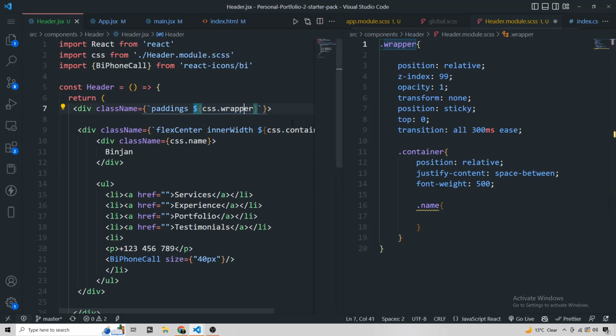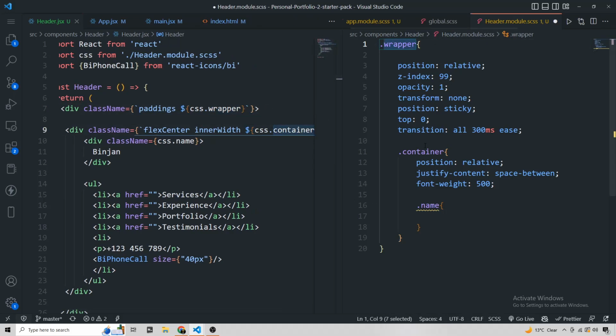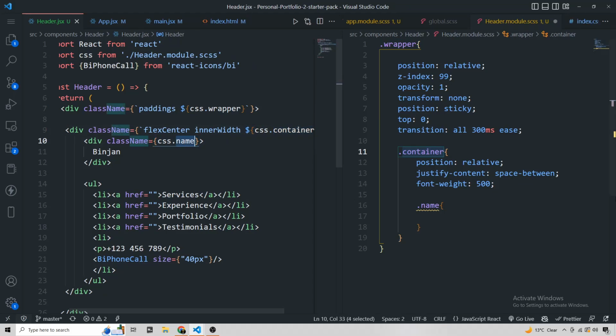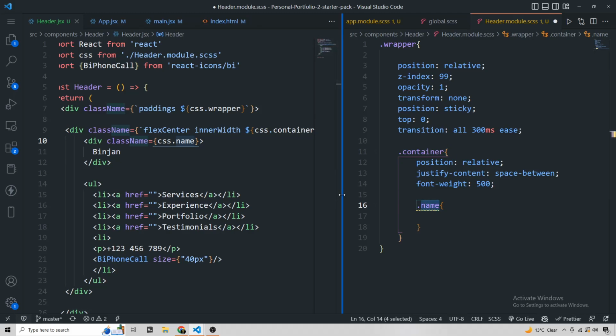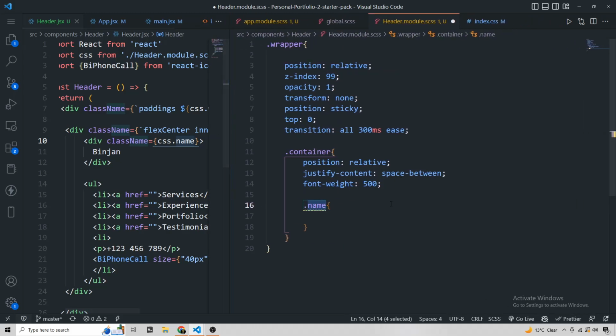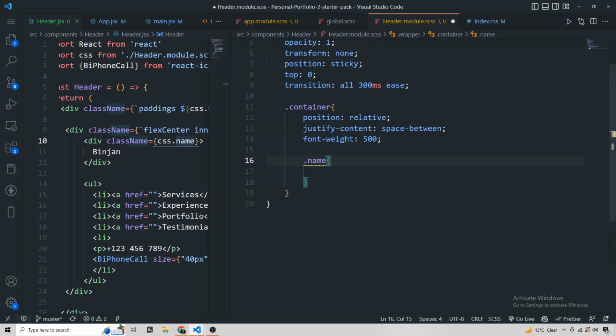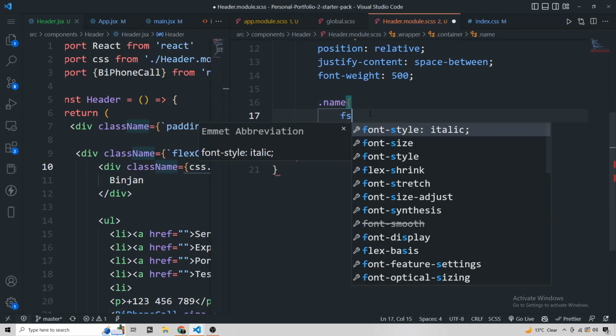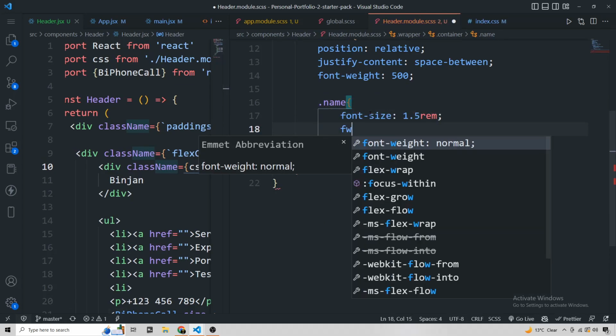Now inside this wrapper we have a container, and inside the container we have name. So this is the total SASS, nothing more than that. The only extra things are that we can declare variables very easily. We are also going to see how we are declaring it, but the most important feature is the nesting of this CSS. Now for the name, here I am making the font size 1.5 rem with the font weight